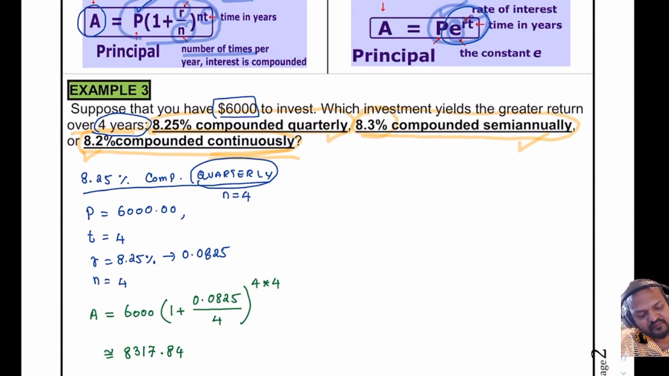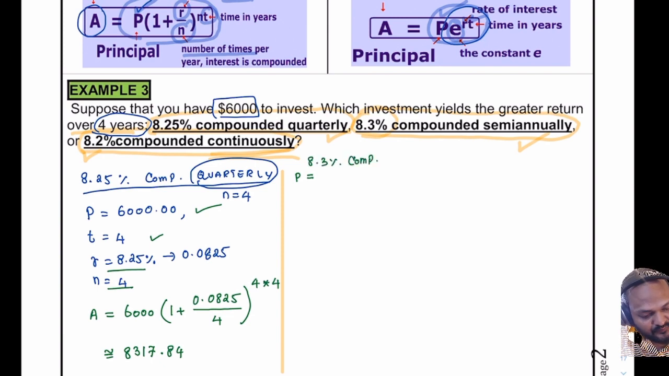So if a person is investing $6,000 for 4 years, if the growth rate or the interest rate is 8.25% and compounded quarterly, the person will have $2,317.84 more than what he or she has invested. Let's take a look at the second part. The second part is very similar, except that the growth rate is higher. So the P is the same, T is the same, R is going to be different and N is going to be different. In this case, again, this is 8.3%